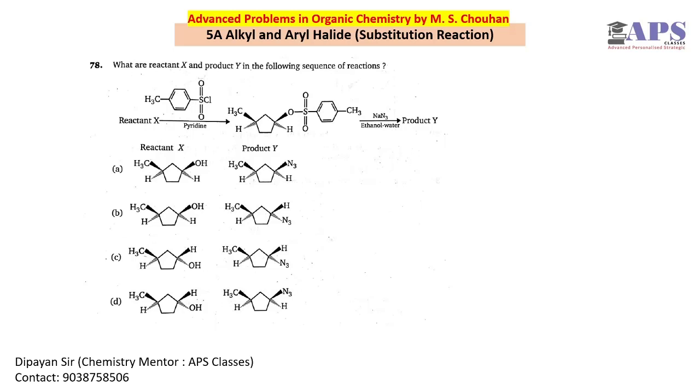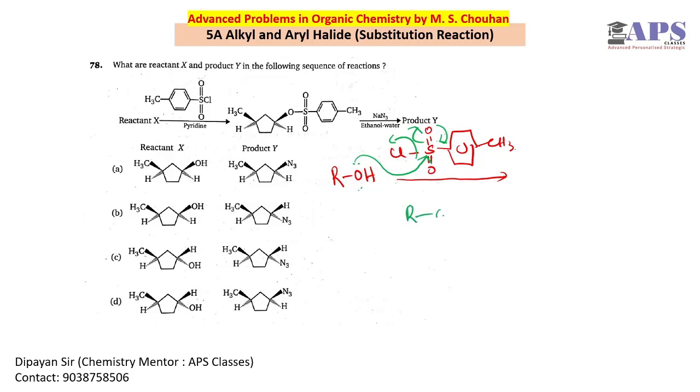Okay. So if we react any alcohol with tosyl chloride, this is tosyl chloride, we can write it like this: S double bond O, Cl, CH3. The thing is that this lone pair will approach this sulfur, this bond will open, it will come back and Cl will be eliminated. So we will have this kind of situation.